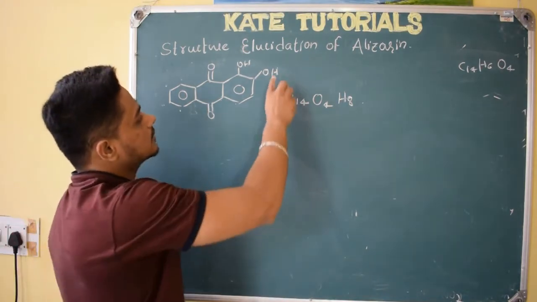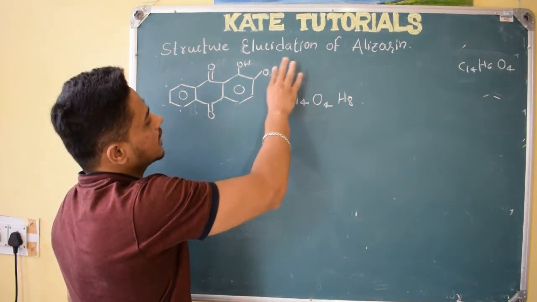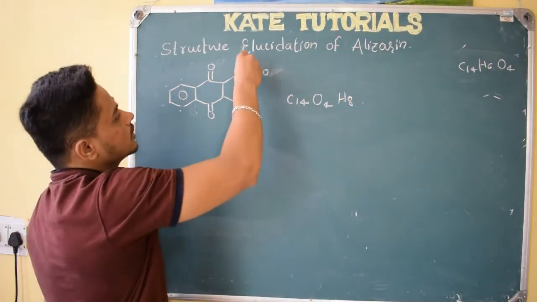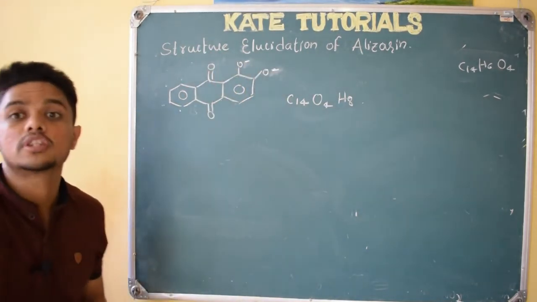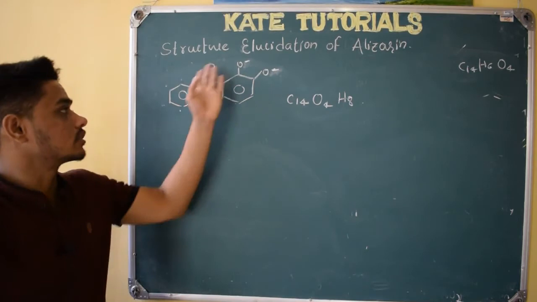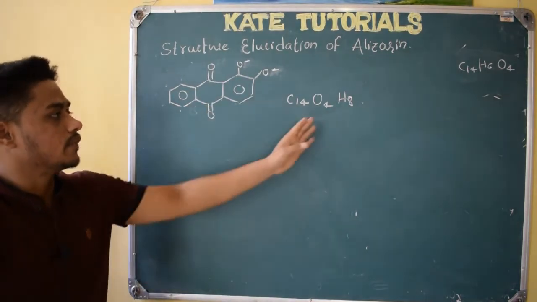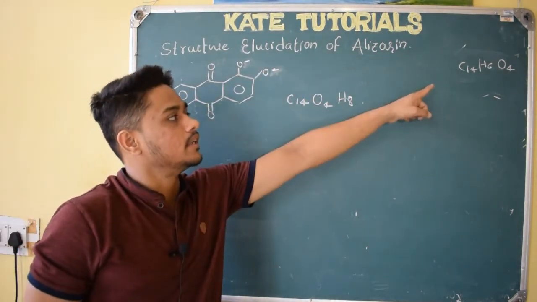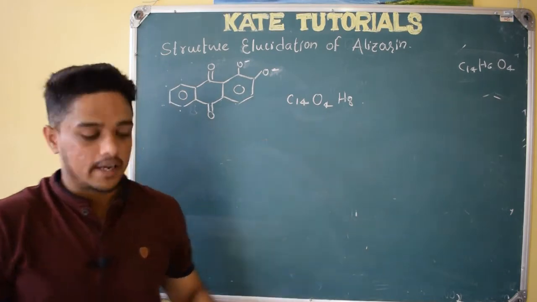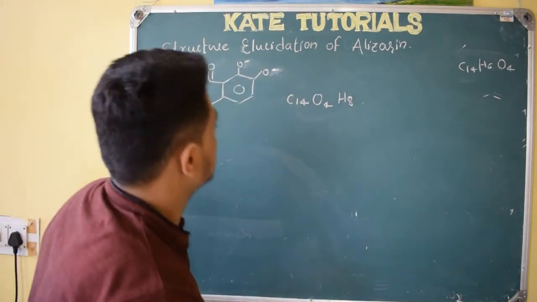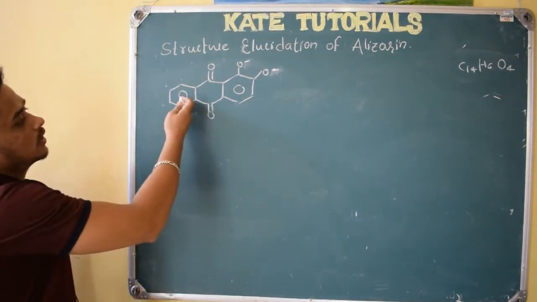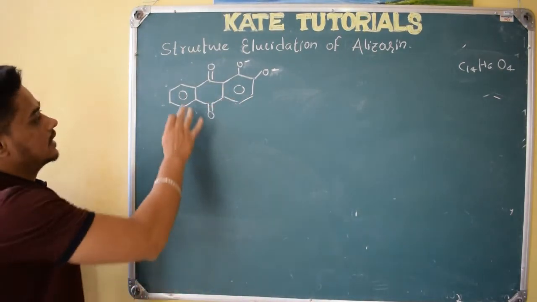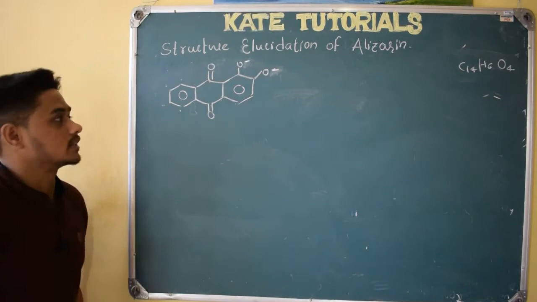The reason is this OH, during reaction, it can leave, so it can be like this also. Phenoxide anion we call, right? Phenoxide ion. So it can be like this. If you remove those two hydrogens, it becomes C14H6O4, right? So first, the structure they got was this one. Second, they concluded that it has an anthracene structure, right? So see here, you can observe that it has this anthracene structure also, right?